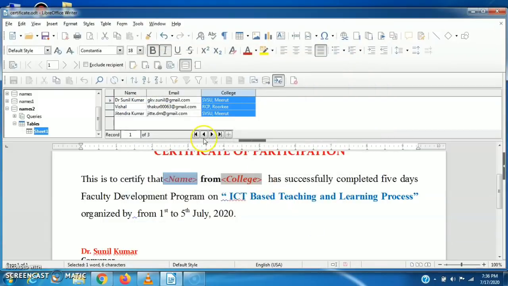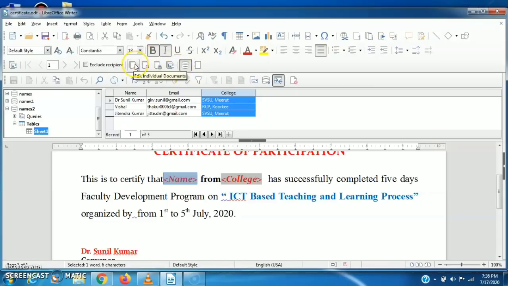Now we can see that this row is also activated, and here are mail merge wizard, edit individual documents, save merge documents, print merge documents, send email messages or data sources. So we are ready to send.